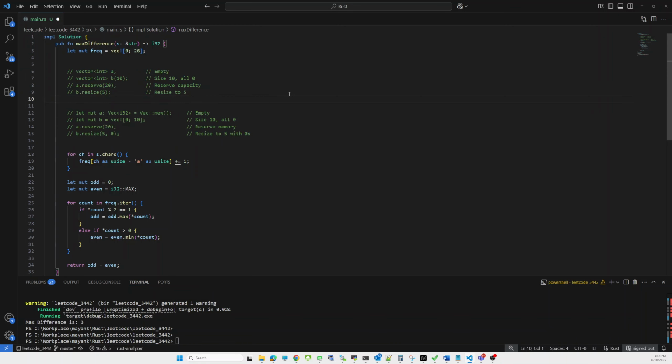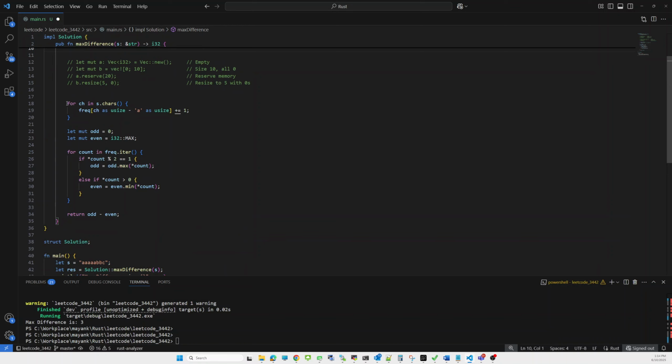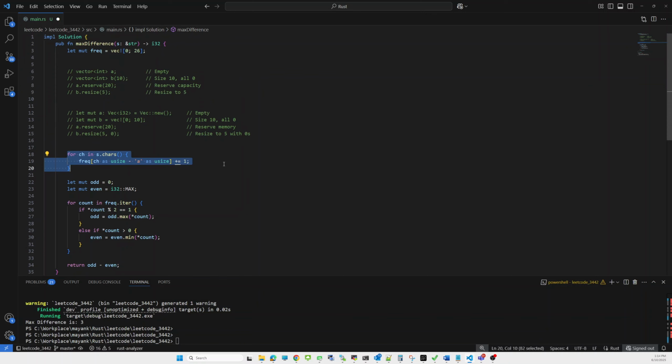This is the basics of vector implementation. Now next, I have to iterate over the string. This is similar to the syntax of Python: for character in string dot chars, meaning from the string we want characters.